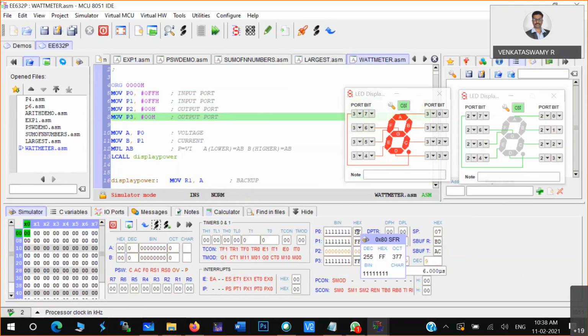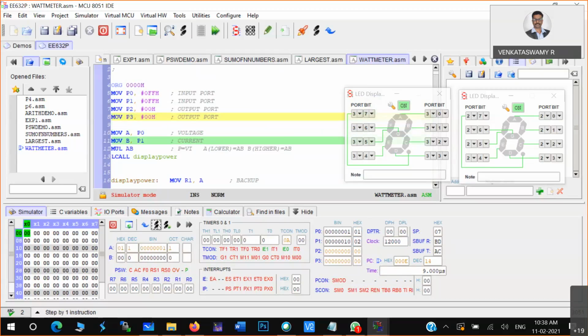At this point, I'll keep 0, 1 and 0, 2. I just kept the values and then I'll run this code. Okay, now this is fine. 0, 1 and 0, 2 multiplied and it got 0, 2.